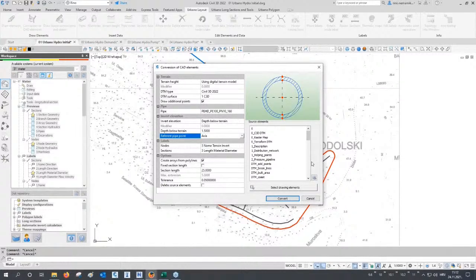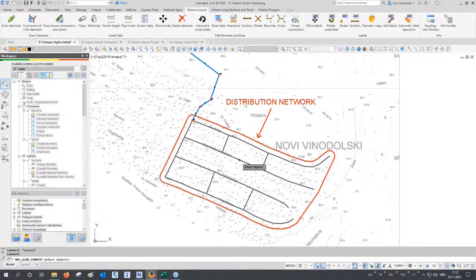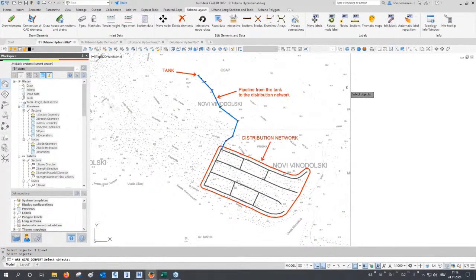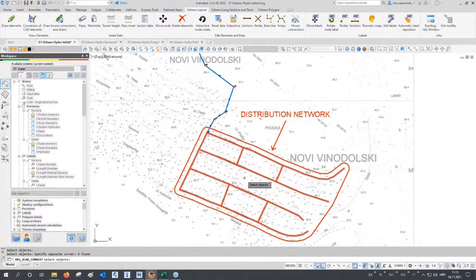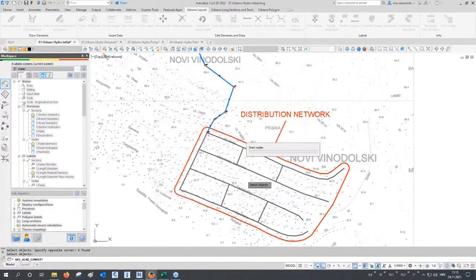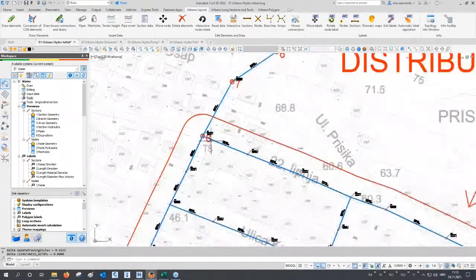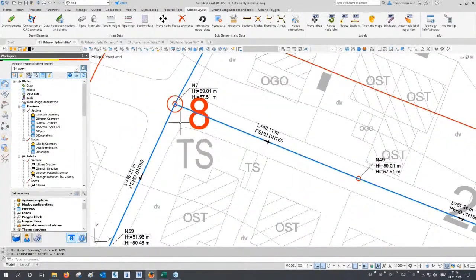Also here we have one really nice option for layer filtering. You can just select a layer from the network, from the plan. For example, I will select this element here, or you can do it from the list, and the software recognizes which layer this is, and now you can freely select the entire drawing, and the software will select just those elements on selected layer. And now when we click on convert, everything will be converted from plain AutoCAD polylines to intelligent Urbano topology consisting of